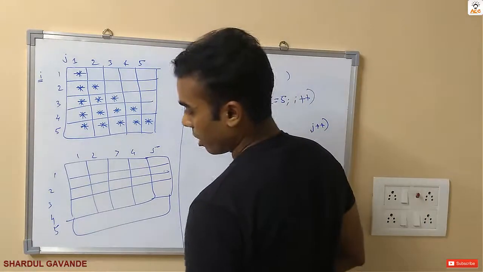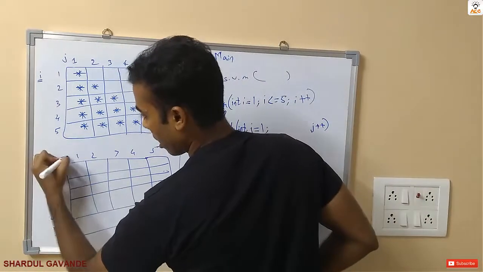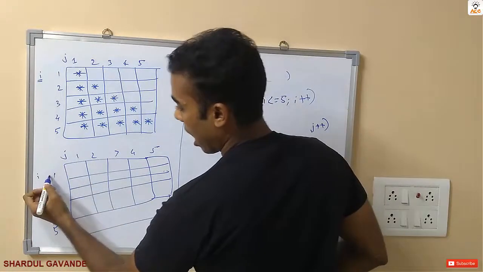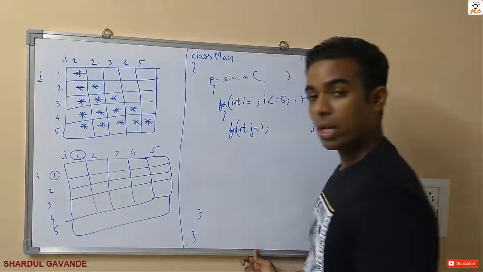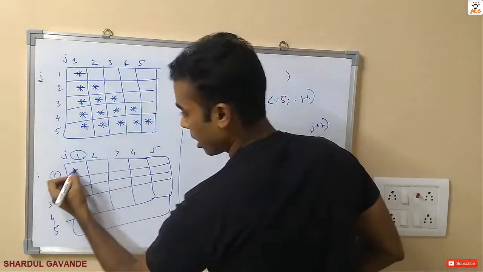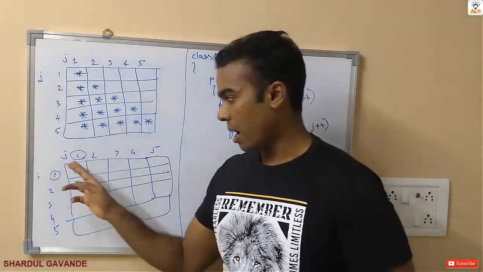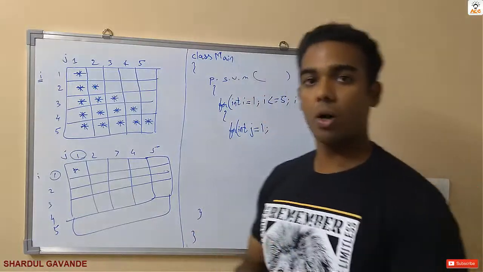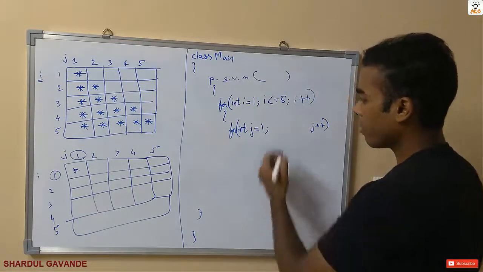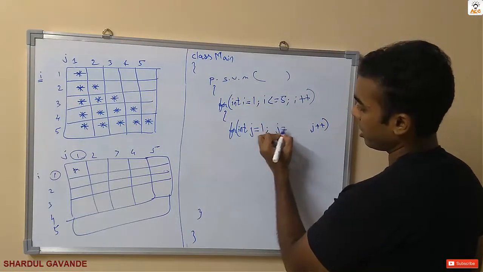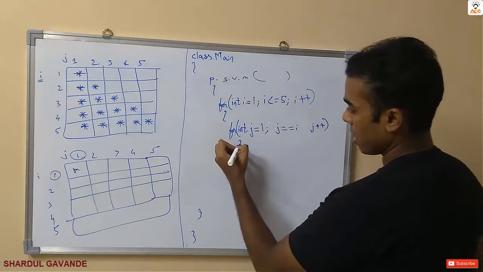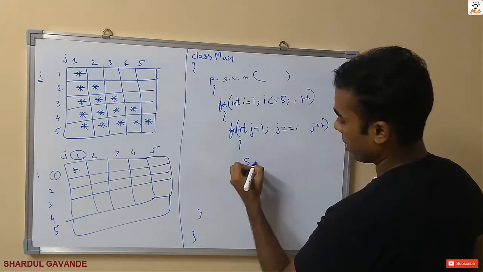So what kind of condition would I put? This is I and this is J. When my I value and J value are both the same, a star should get printed as per the question, right? Which means that my I and J are dependent on each other. So suppose I write a condition where J equal to I,